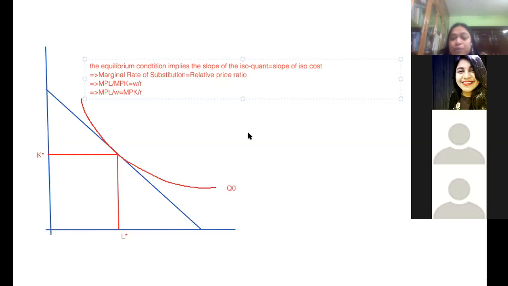Okay, so the optimal combination of L star and K star, optimal level of labor and optimal level of capital, will generate Q0 at the lowest possible cost. So L star is my long run labor demand. A firm will only hire L star number of workers in the long run when it is choosing the optimal combination of labor and capital. Okay, is it clear to everyone what we did today? I'm not going into substitution and scale effect. It will just confuse you a lot. So clear so far?